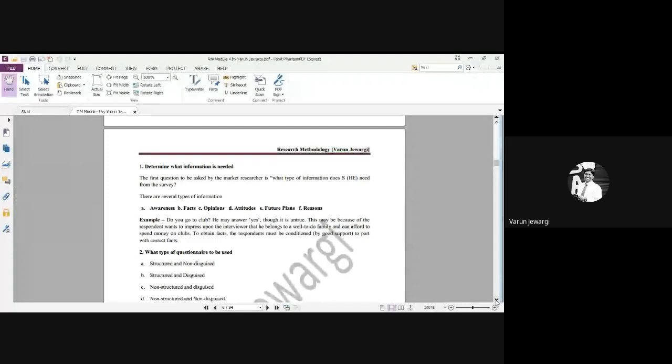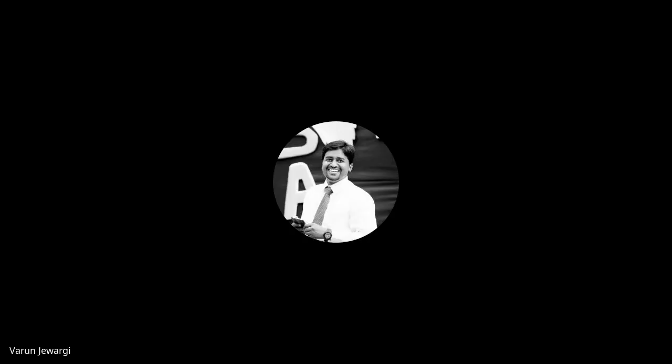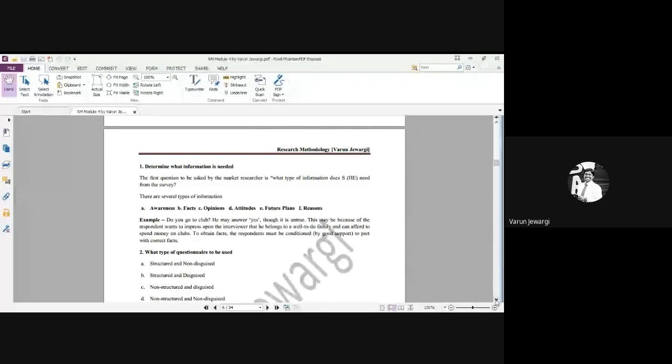So this is something the researcher and the respondent should know, students. The respondent should answer the questions very frankly. In research, you should pick respondents who are upfront; if they are going to bluff, then that's a big problem. Many times in India, I keep telling this, those who consume alcohol never say they consume alcohol in front of an audience. Very few people do that. Few of them say, no, no, we never do that. But actually, they consume more than what people actually consume. Still, the survey goes for a toss. So this is something we need to understand.